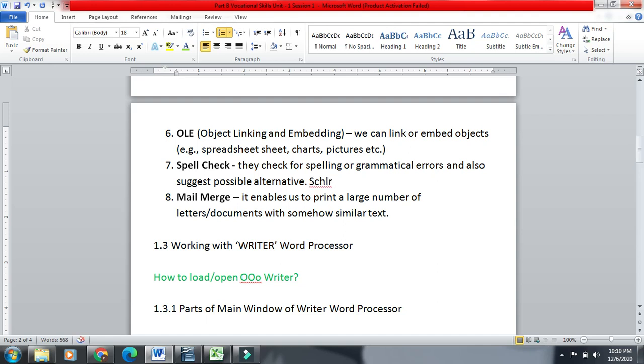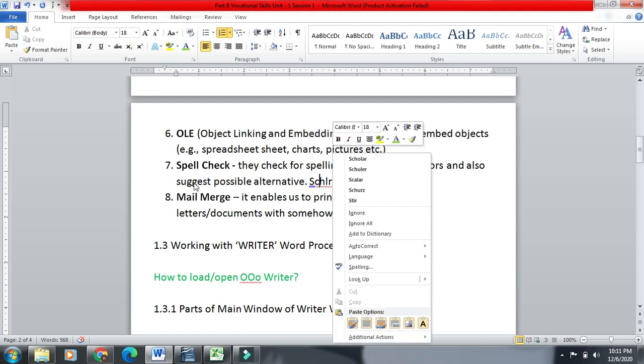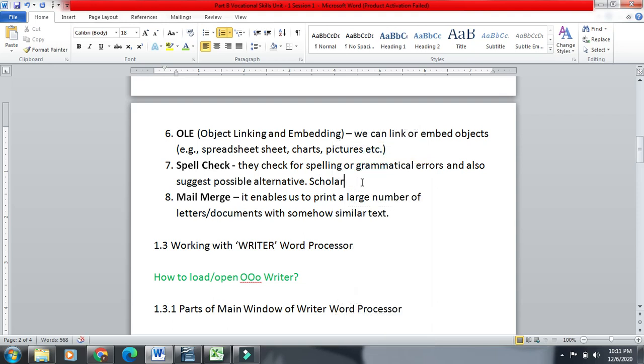It is telling me using this wavy underline that I have made a spelling error. It will also give me some suggestions. For example, suppose you were trying to type scholar or scalar, so I can correct it from here also. This feature is not available in a typewriter.